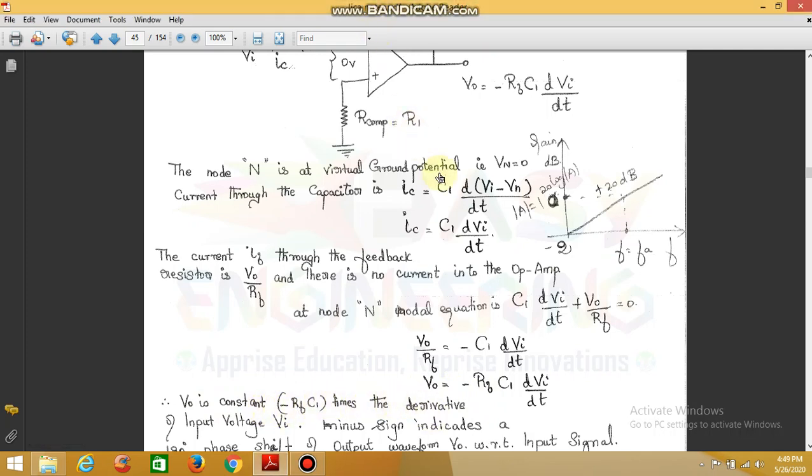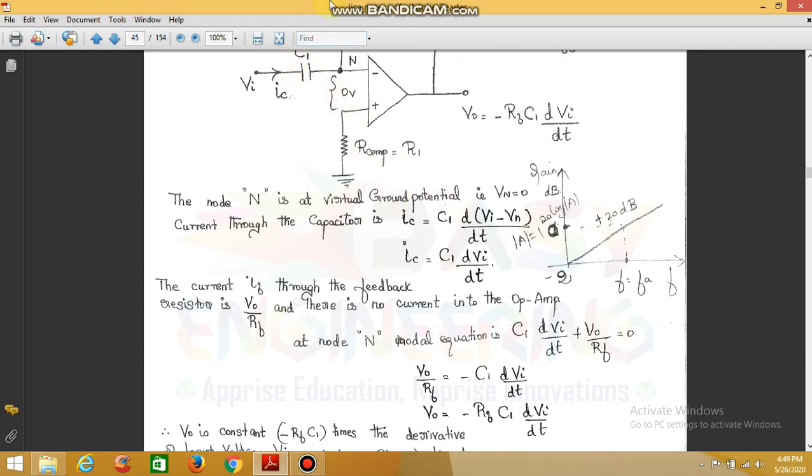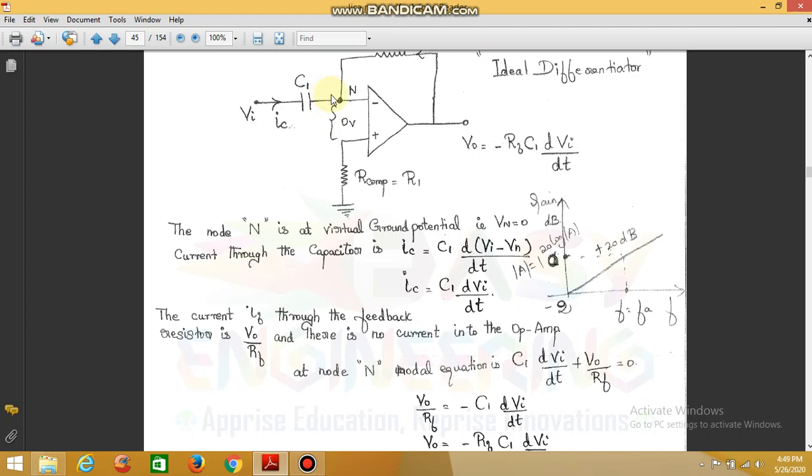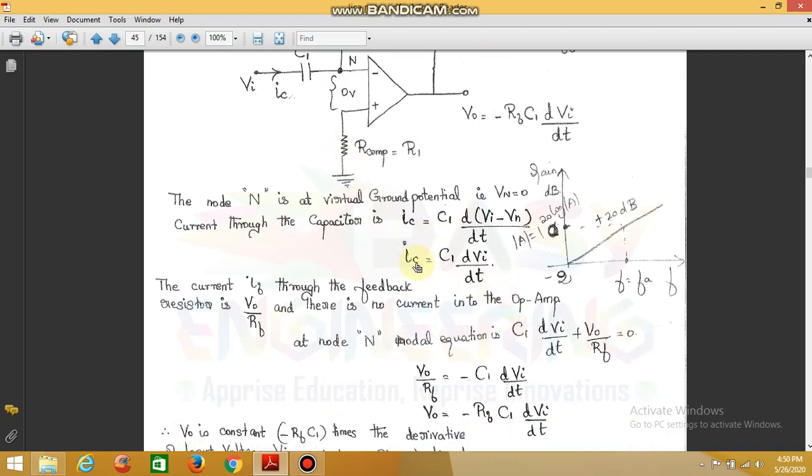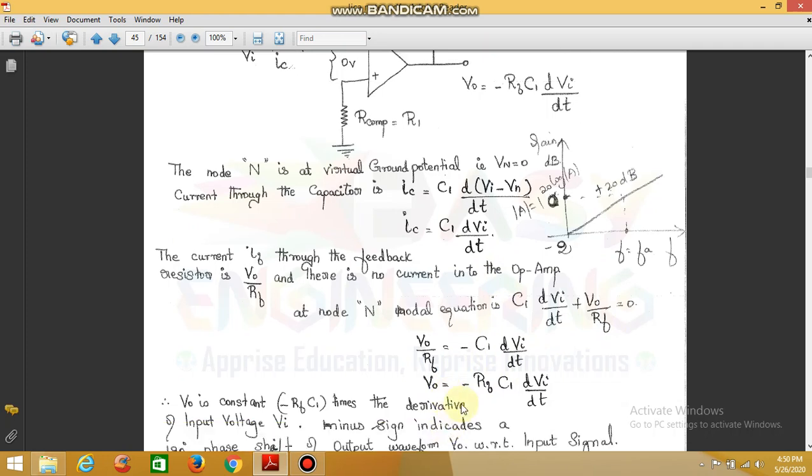What we are doing here is replacing the resistor R1 with the capacitor C1, and we found the value of IC, and then the value of IF, which is V0 by RF. Now we apply KCL at the node N. When you add IC and IF, where IC is C dVi by dt and IF is V0 by RF, the sum is equal to 0. So when you equate them, you get the output voltage V0 is equal to minus RF